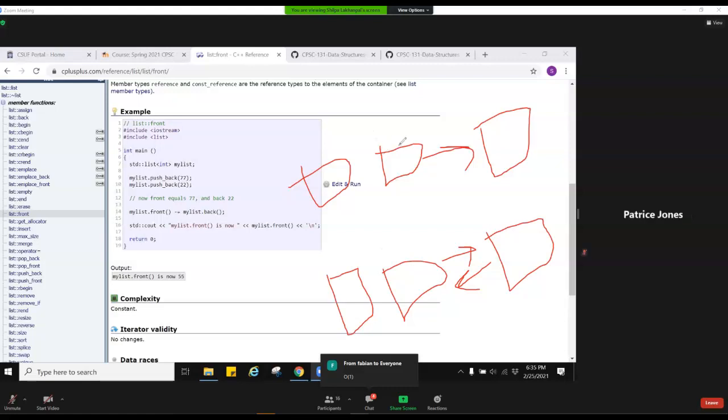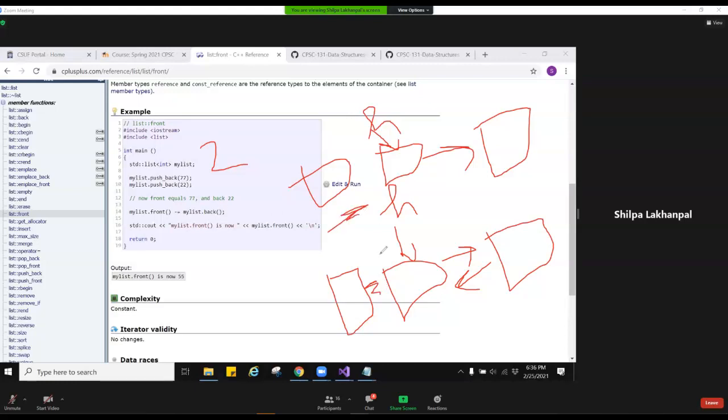Because head is available to me in both cases. So every time I'm doing just a couple of those C++ statements, just two steps at a time, which is a constant number of steps. Because my head is always available, I'm doing those two steps, and those steps are constant, that's why it's order of one.